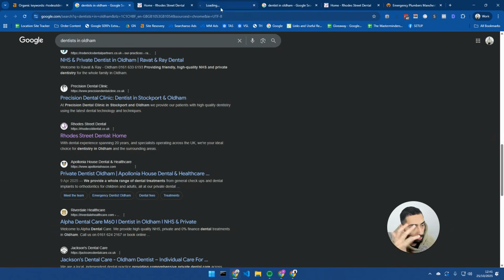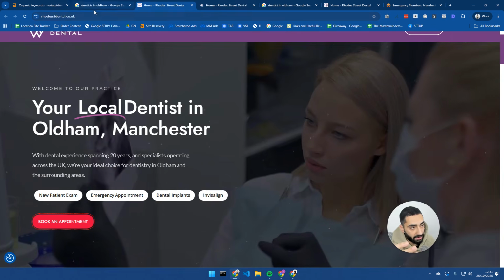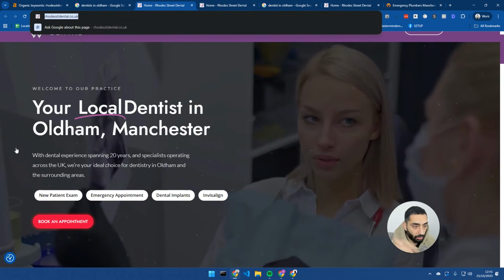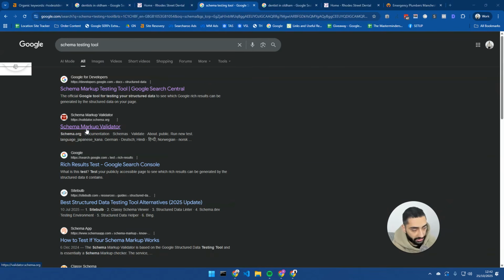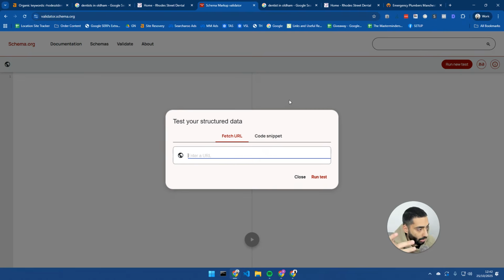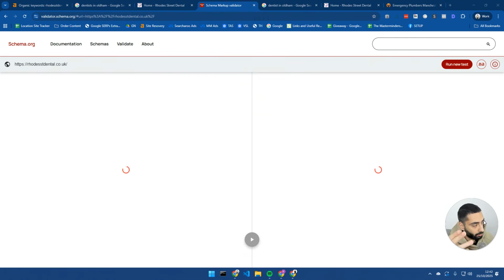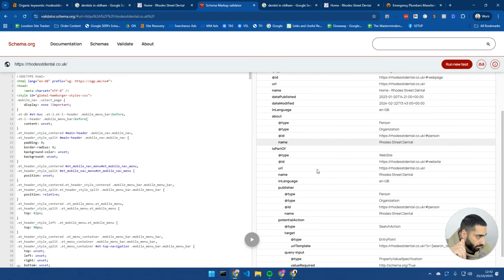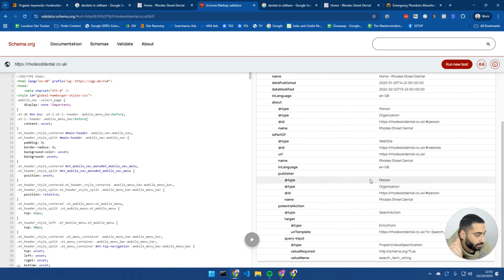One other strategy that I would also do is make certain that the homepage has got some form of schema on the site. If you've never used schema, you can run any website through this tool, and it will tell you certain attributes about the business. So what we would want to see is, for example, the telephone number, the business address, services that they provide, and so on and so forth. So if we take a look here, they've got a little bit of schema.